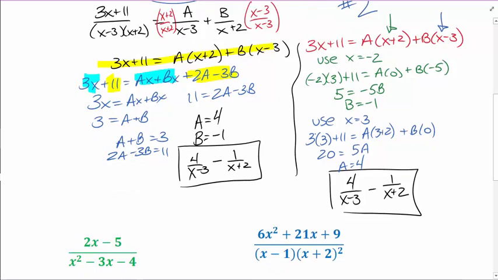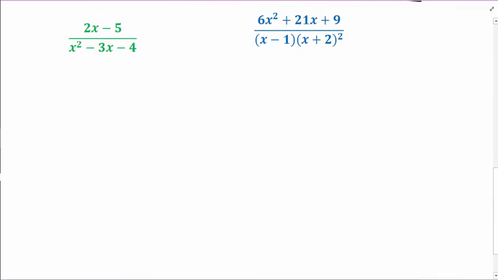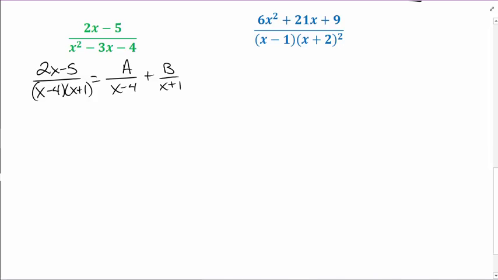Two other examples we're going to do here before I leave you with some practice. 2x minus 5 divided by the quantity of x minus 4 and x plus 1 must be equivalent to some value a over x minus 4 plus some value b over x plus 1. We're going to search for that a and b. We're going to start by multiplying to create a common denominator,